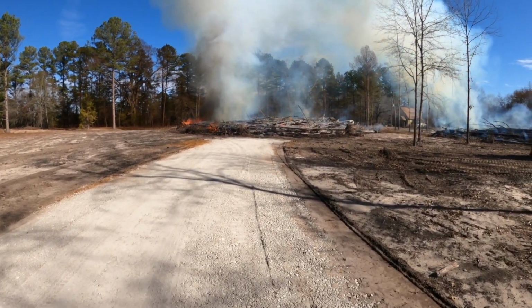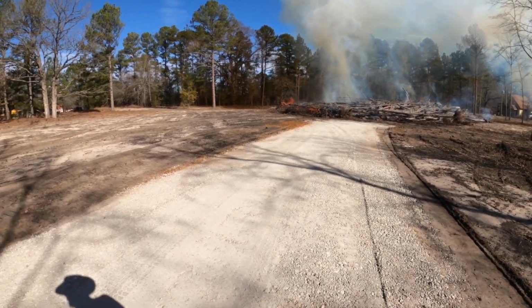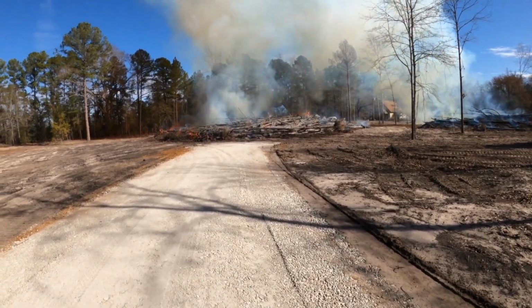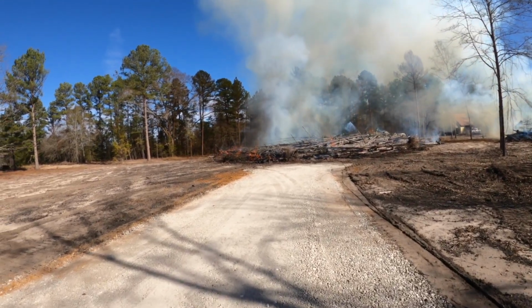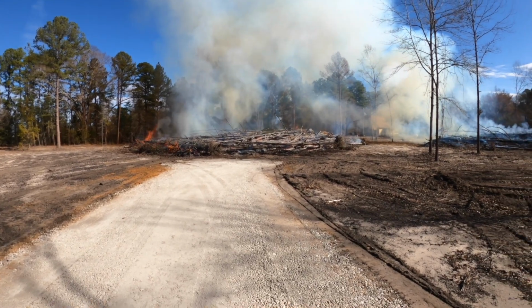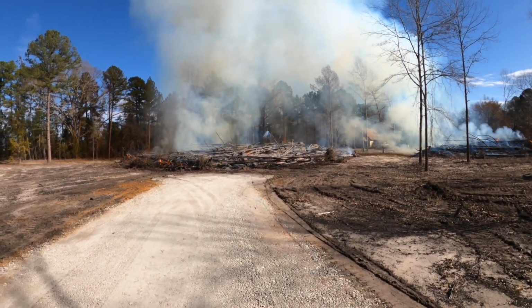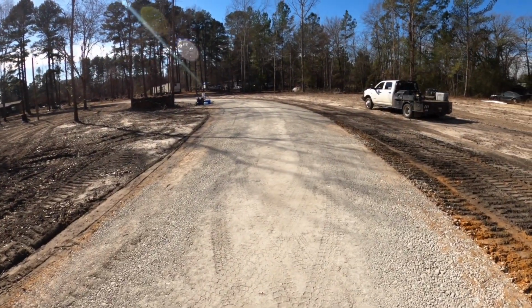And I cannot believe how fast this pile is burning. Yeah, that's what he said. I mean, this thing is burning really fast. But basically, right where this road ends, or right where that wood pile is that's burning, is where our building's going to sit. Our excavator, Tim,